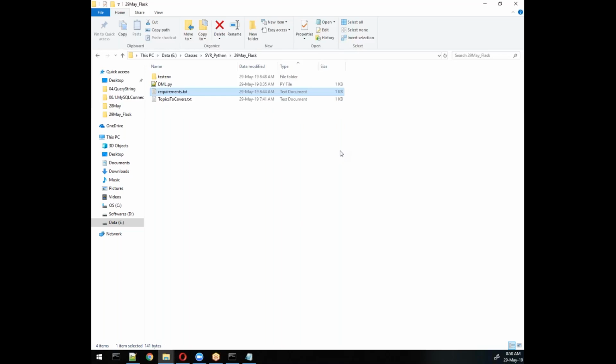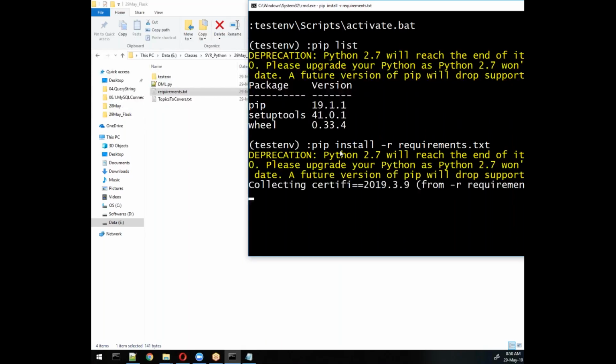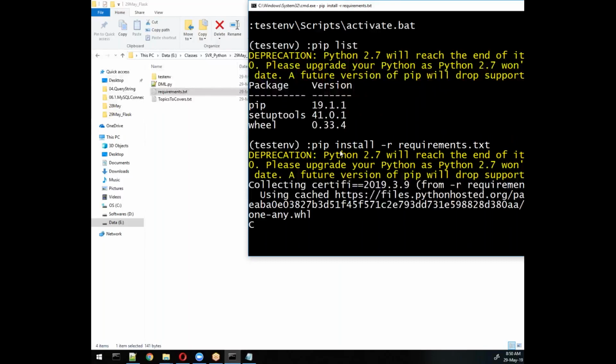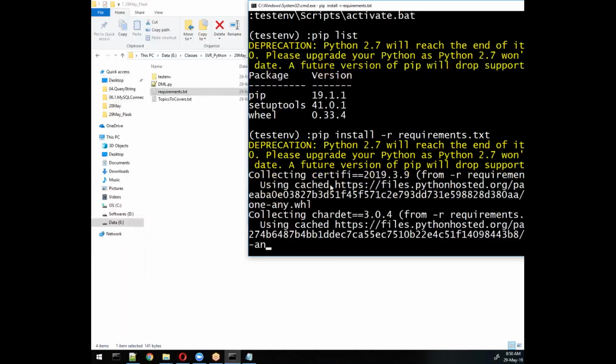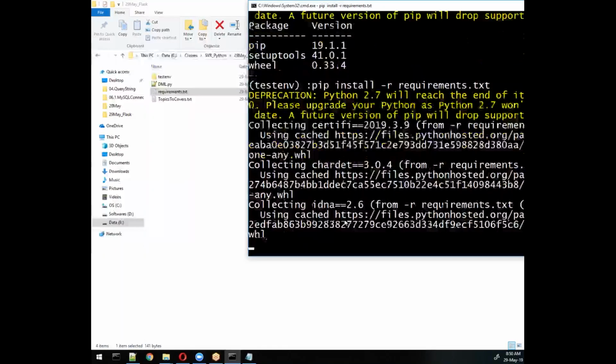My current directory is here, so based on that I'm writing this line, and if I execute it, it will collect all the packages and install everything inside there. So certifi with the particular version we specify here, idna, MySQL connector and other packages also, it will install one by one.